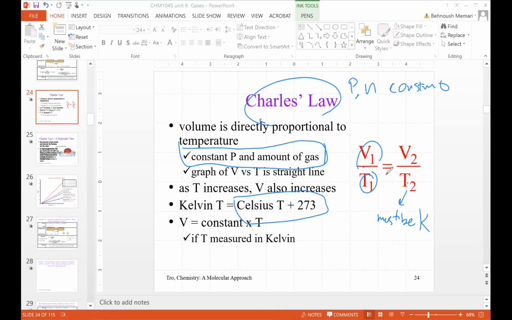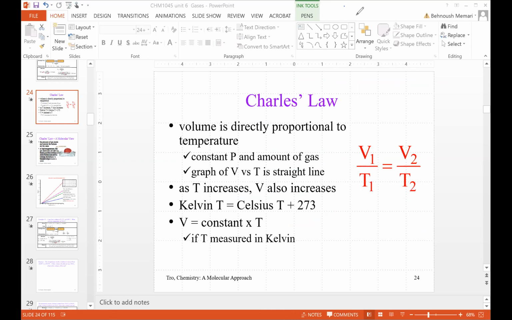So V1 over T1 equals V2 over T2. If you know about cross multiplying, it's going to make it easier for you. That means V1 times T2 equals T1 times V2. This is called cross multiplying. When you have the equation V1 times T2 equals T1 times V2, or V1 over T1 equals V2 over T2,